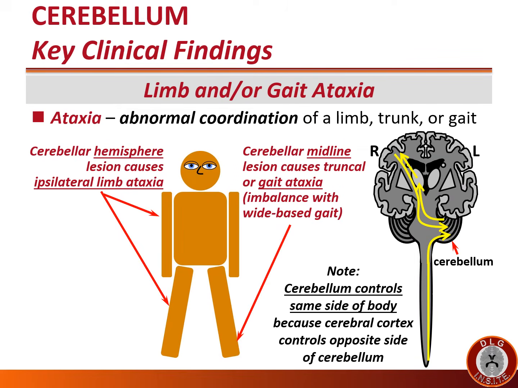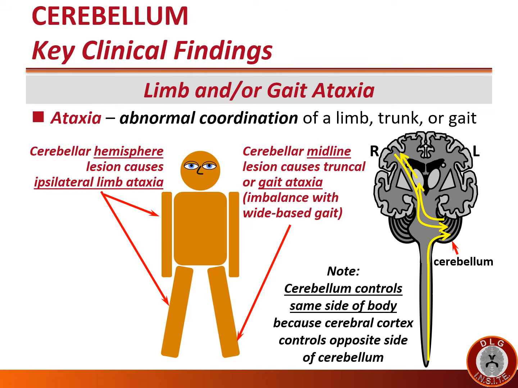The key clinical findings in the cerebellum are limb and gait ataxia. Ataxia means abnormal coordination of a limb, trunk, or gait. The muscles are not speaking with one another. When you want to move a muscle, you would not like the opposing muscle to contract at the same time. And the cerebellum takes care of that for you. It enables you to have only the muscle you want to contract. When the cerebellum's not working, then the muscles fight each other and you have a discoordination of the limb or